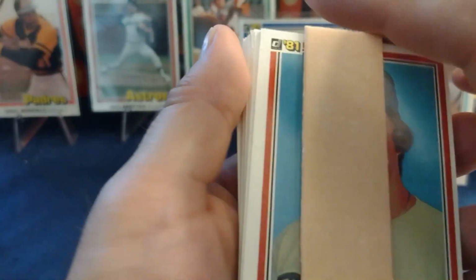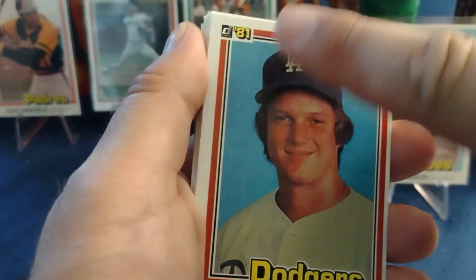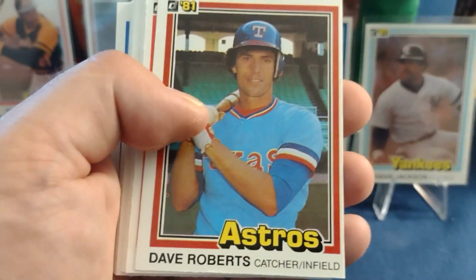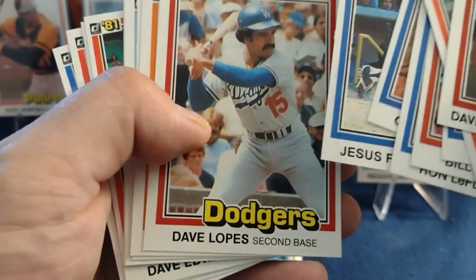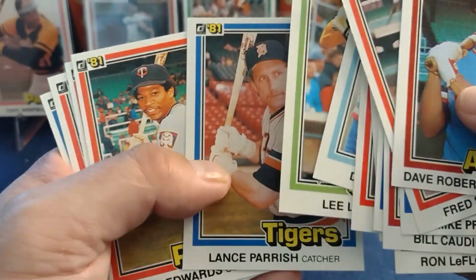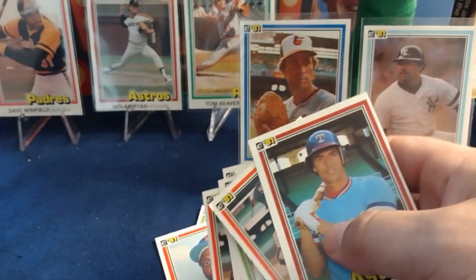We're averaging about one. Steve Howe. Some of you may get that there's a little dusty residue on Steve Howe's card. Should have cleaned that off with a razor blade. Dave Roberts, Fred Stanley. That's interesting that is upside down. Bill Caldwell, another Ron LeFlore, but I swear he was in a different outfit. Glenn Adams. Dave Lopes, Bob Dressler, Tom Hausman, Doc Medich again, Lee Lacy, Lance Parrish, Dave Edwards, Fred Stanley, Mookie, which you don't know if it's his rookie card or not. Technically all these are rookie cards from Donruss, but